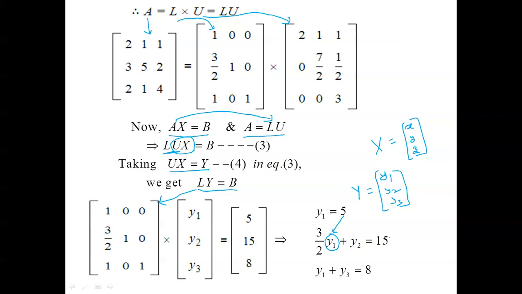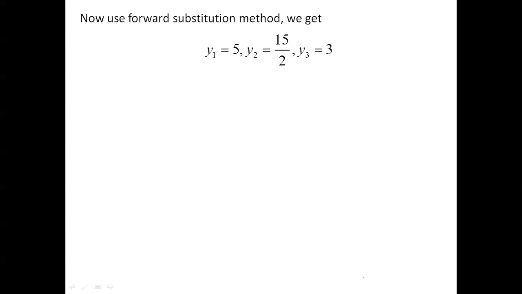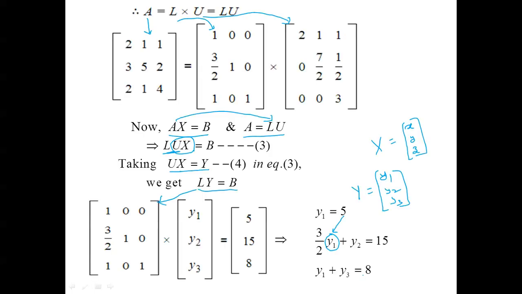y2 equal to 15 minus 15 by 2, that is also 15 by 2. So y2, y1 plus y3. y1 is already 5, so y3 equal to 8. So now using forward substitution, we get y1 equal to 5, y2 equal to 15 by 2, y3 equal to 3. Once we get the values of y,